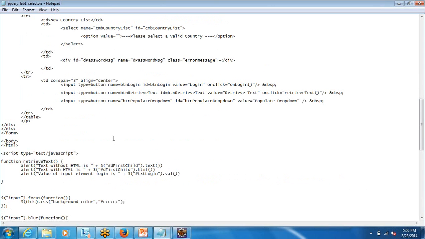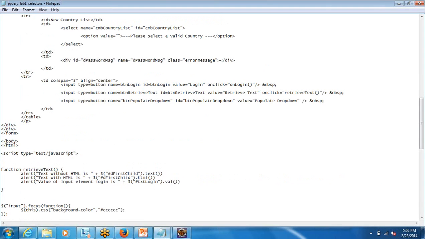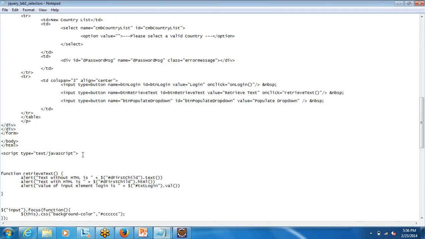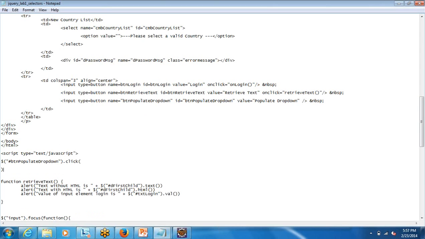How do I define my events using jQuery? I want to handle the click event when the user clicks on this button. So to invoke the jQuery function, again, $. To select the current element, I put in the ID by putting in hash, and my ID of the element is btn populate dropdown. And I want to handle the click function. So for the click function, I would put it in parentheses, so here I would say close parenthesis,